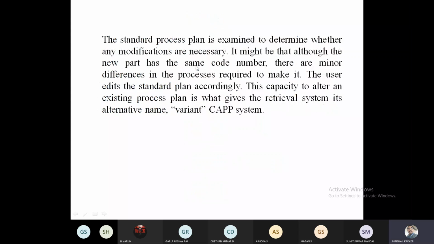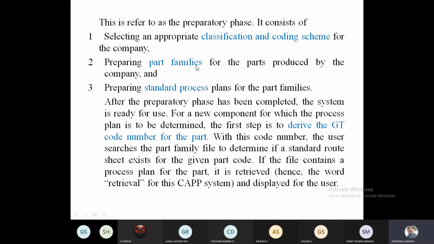Okay, and here the same thing I have given. What are the important things? First step, what the process planner has to do is classify and code the schemes for a company. That means it may be a turning operation, and we receive so many orders. A particular order may require many sub-components, and each sub-component may have different operations.